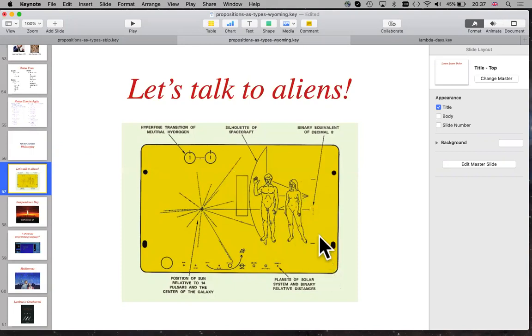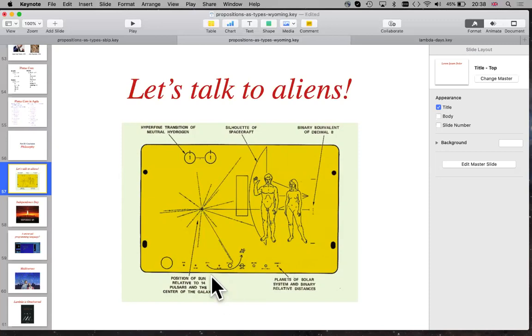This is a plaque that's on the Voyager spacecraft. And it has things on like, well, this is an image of the spacecraft to scale with a couple of people in front of it. Here they're trying to explain where the solar system is. So this is a schematic diagram of the solar system, not to scale, showing Voyager leaving from Earth and going out this way. And then to explain where the Earth is, they took all these